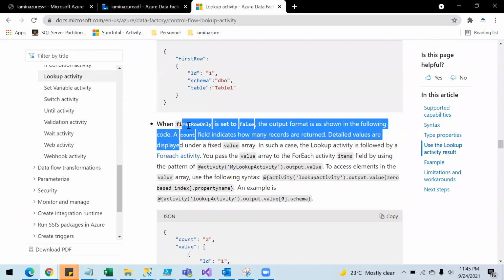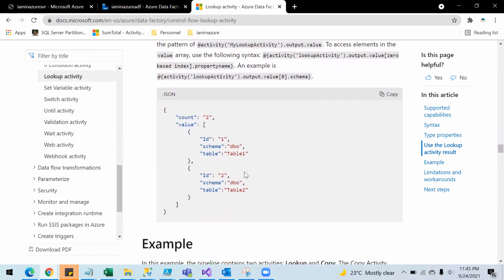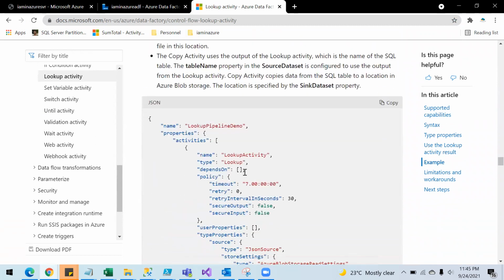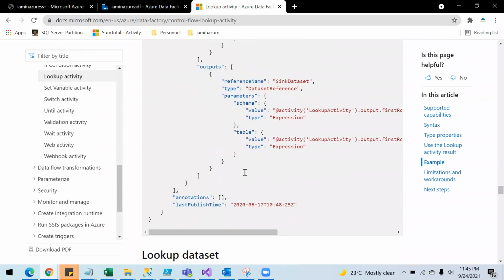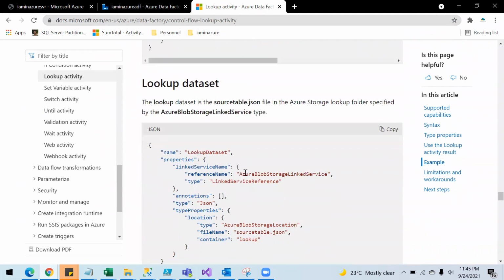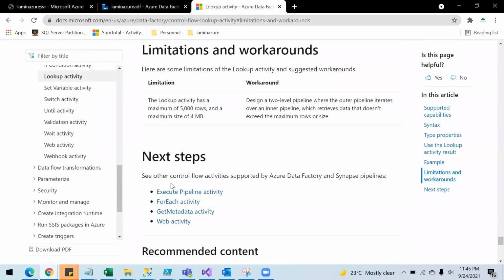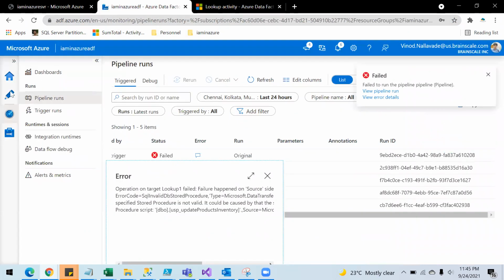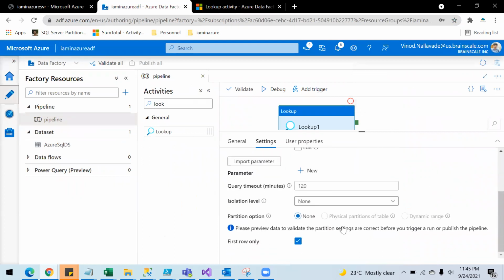Okay, so there is something called first row only. It's set to false. Okay, let's see. We have an option to see if we can skip the output if we don't have any output.